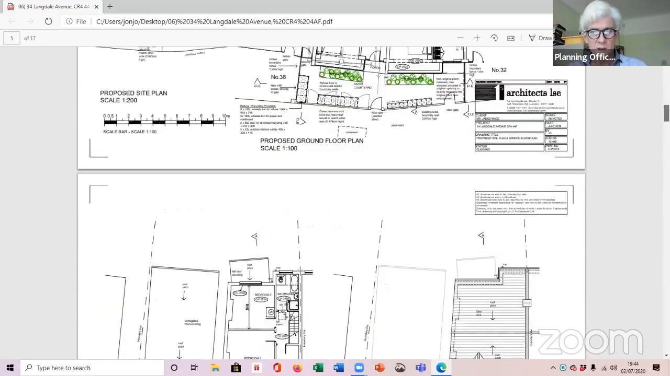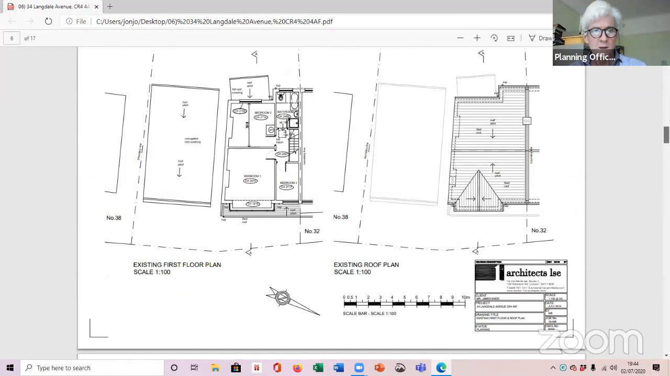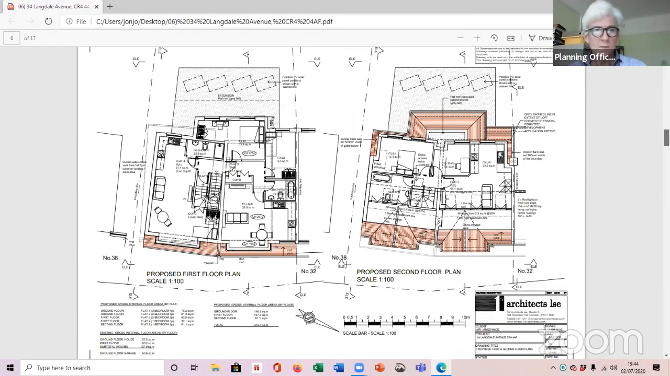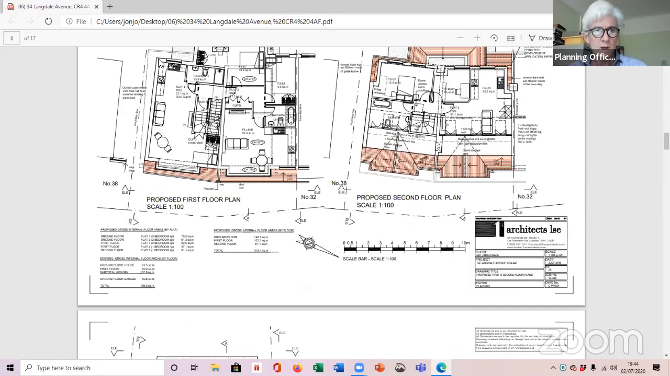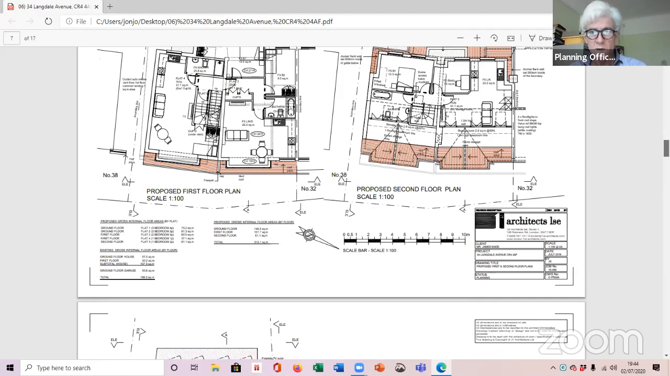At first floor level, the proposals are for a 1-person studio flat and another flat. And then at roof level, a more generous flat. And if I can show you the elevations to the rear